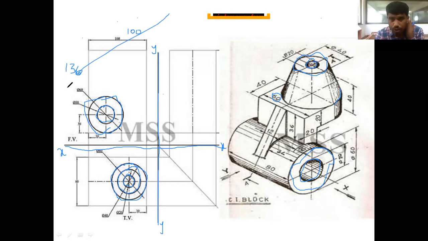So the height is like this: 60 plus 36 plus, and finally 40. So this becomes 60 plus 36 plus 40, and the total height will become 136 from here to here.